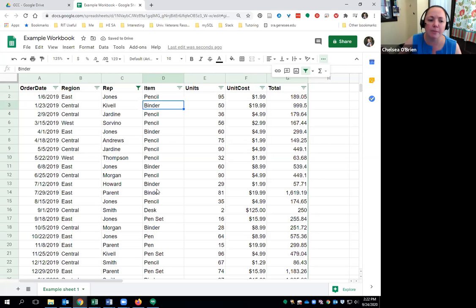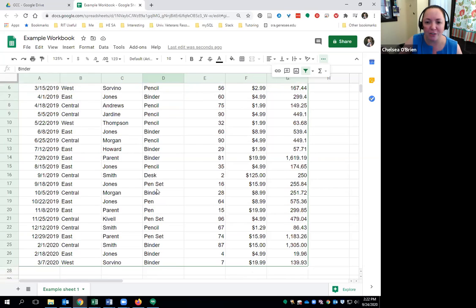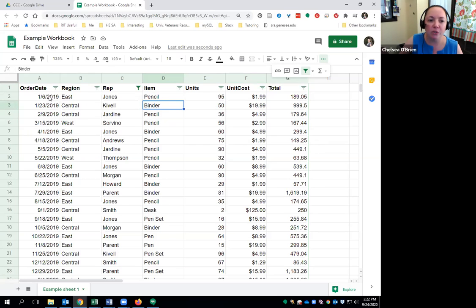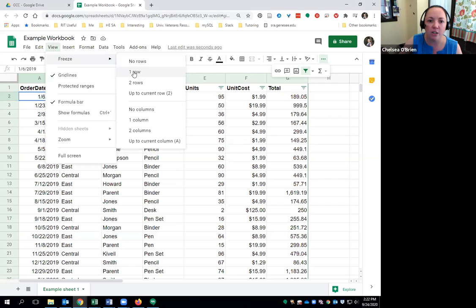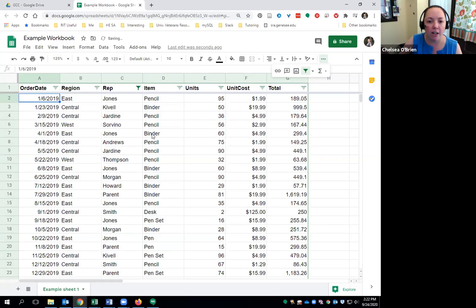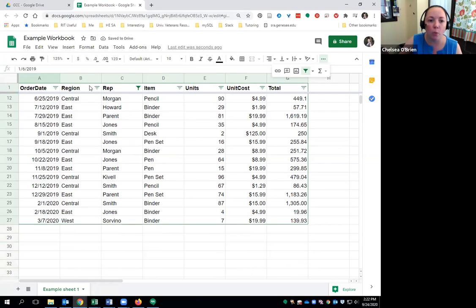Lastly, we're going to talk about some tips and tricks because you might just not know how some of these fun things work. We are going to choose to view and freeze that top row. So we are going to go up into view in our toolbar, freeze first row. This will allow us to move throughout the sheet and always have that top row showing us what's in each of these columns.